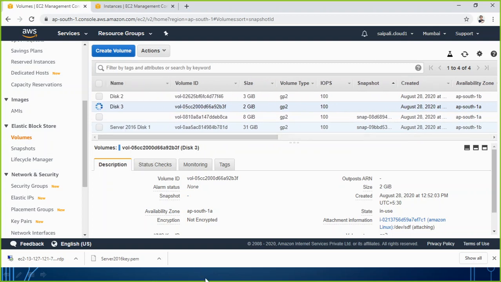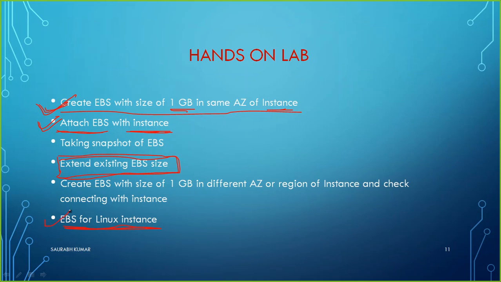So now we are done with the practical part of this one also. We created 1 GB or any size of EBS in a different availability zone, or maybe in a different region, you can even try. And we have seen that when we try to attach to an instance where the instance is in a different availability zone and the EBS in a different availability zone, they were not able to connect.